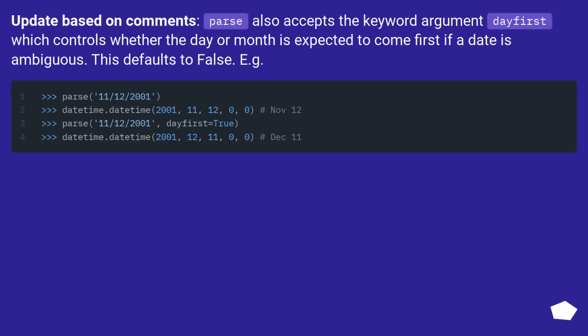Update based on comments. Parse also accepts the keyword argument dayfirst, which controls whether the day or month is expected to come first if a date is ambiguous. This defaults to False. For example,